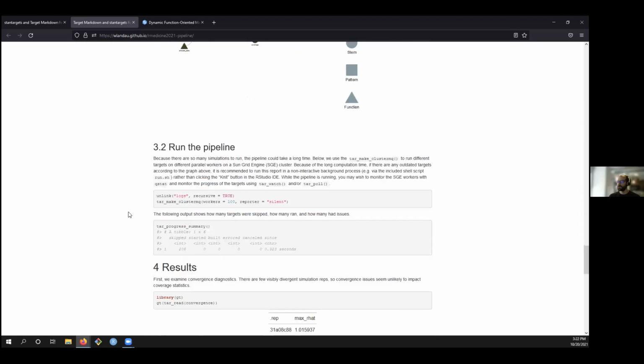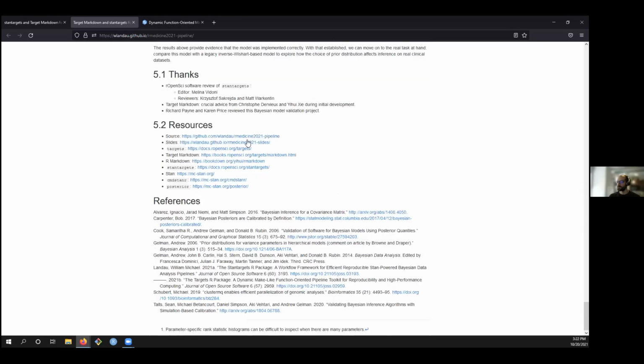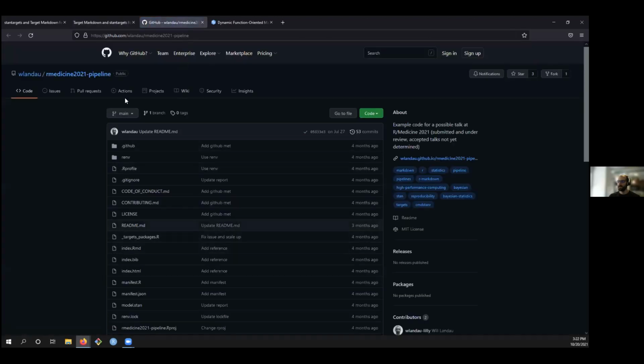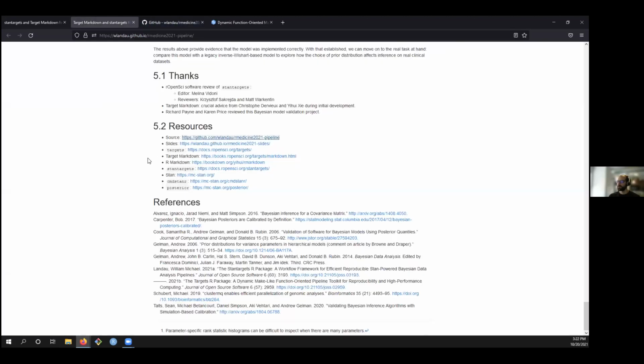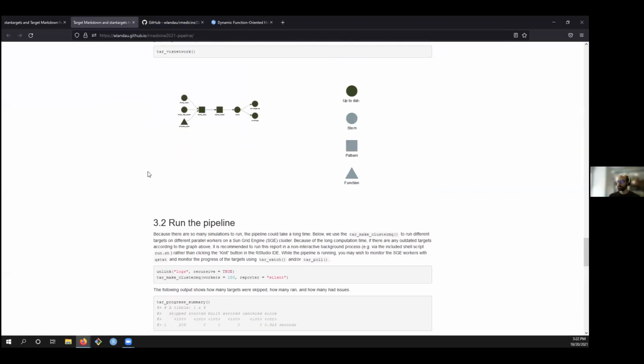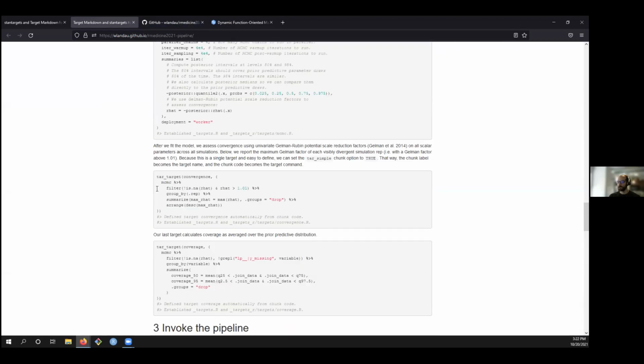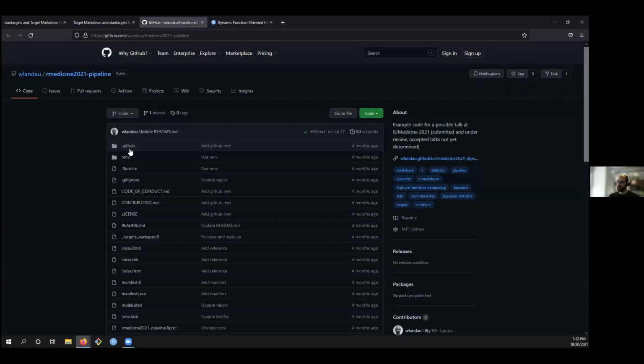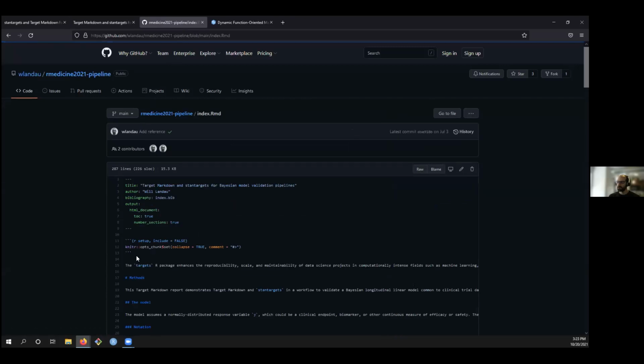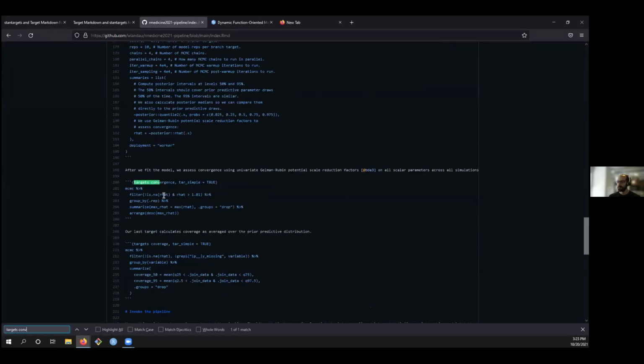Another consideration is if we go to the source of this report, then you might see why it ended up like this. So a target like convergence, for example, has this call to the target function. I give it a name, an expression, but that's not actually how I wrote it in the code chunk. How I wrote it in the code chunk looks a little bit more like this.